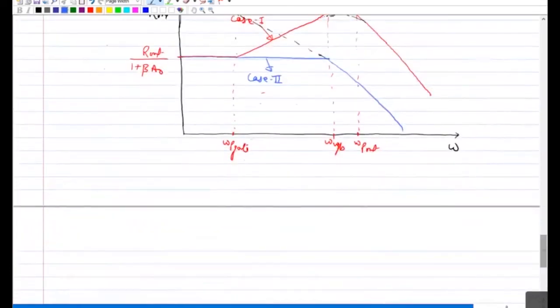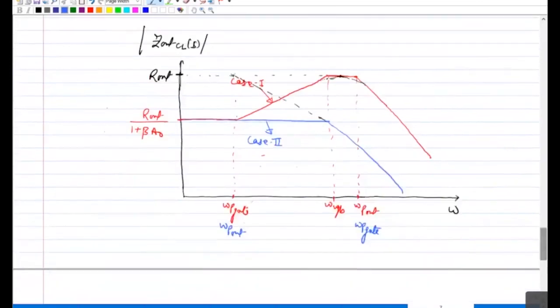So in order to avoid any confusion, let me write omega p out and this becomes omega p gate. Okay. So for case 1, your omega p gate is dominant, and for case 2, your omega p out is dominant. So when omega p out is dominant, you will be starting with R out in the